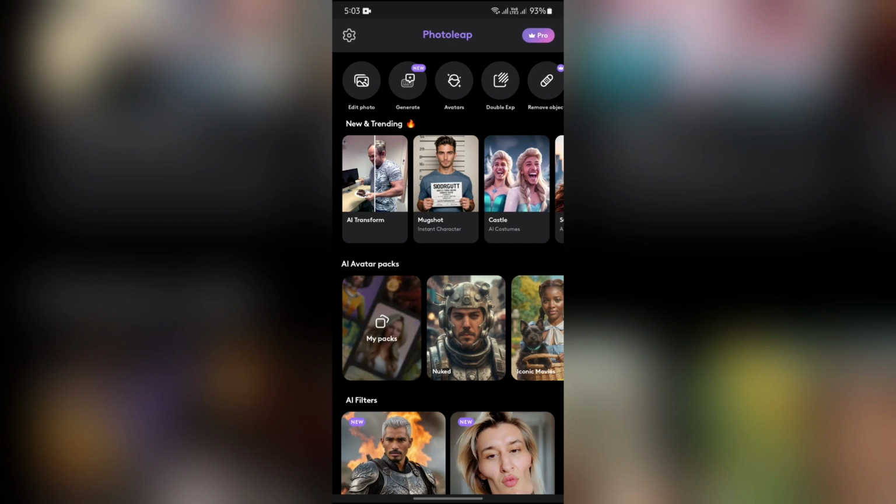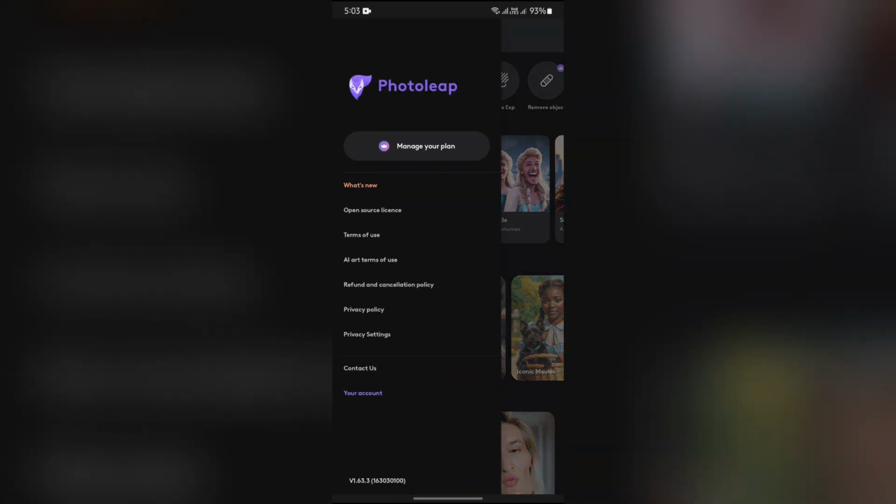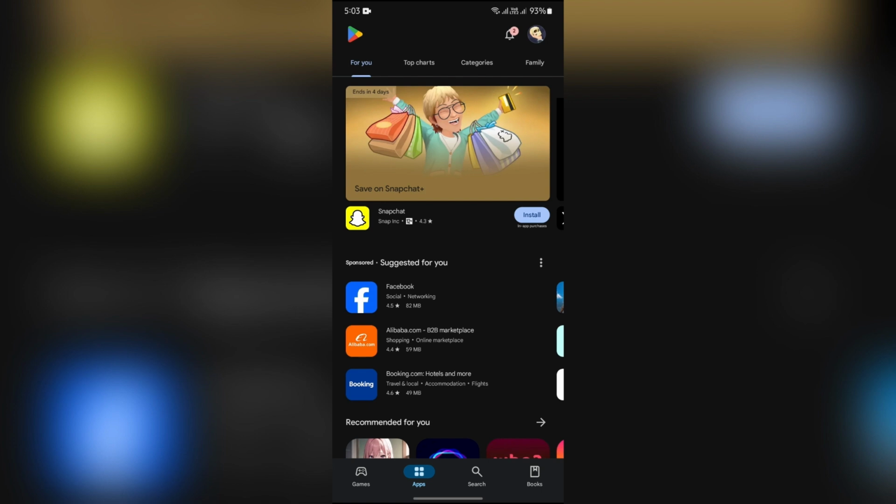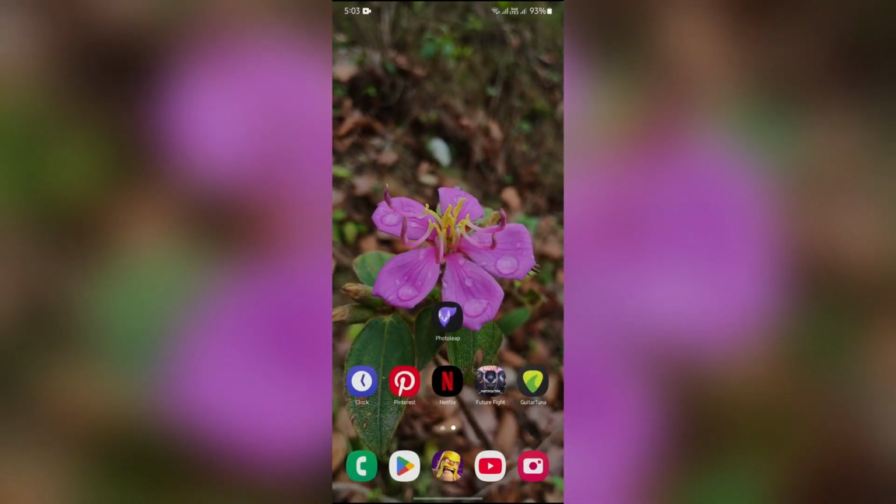In order to check that, you can go into the gear option and select manage your plan. And in here, you can check if your subscription is working properly, when it expires, and all the things like that. Otherwise, if it is working properly but still you are getting something went wrong problem, you might